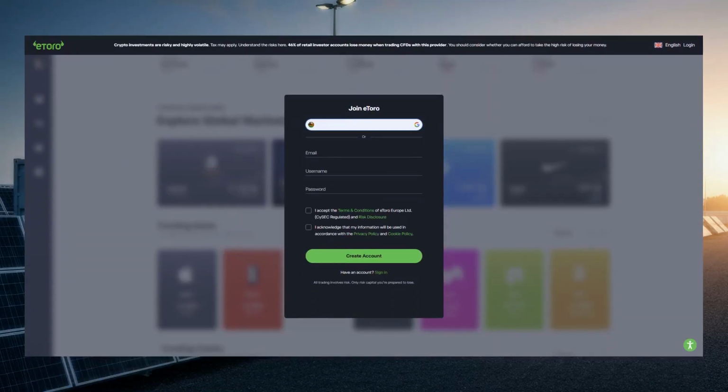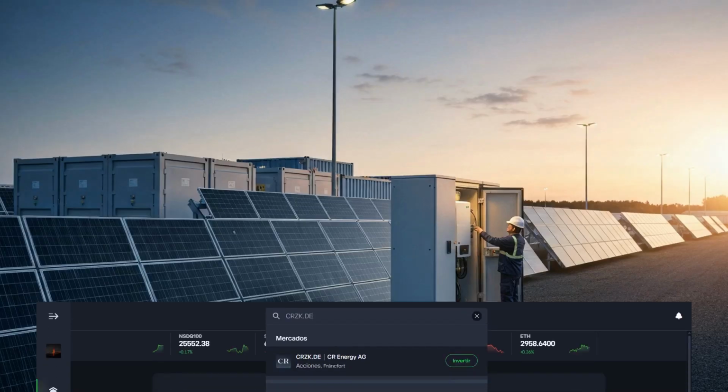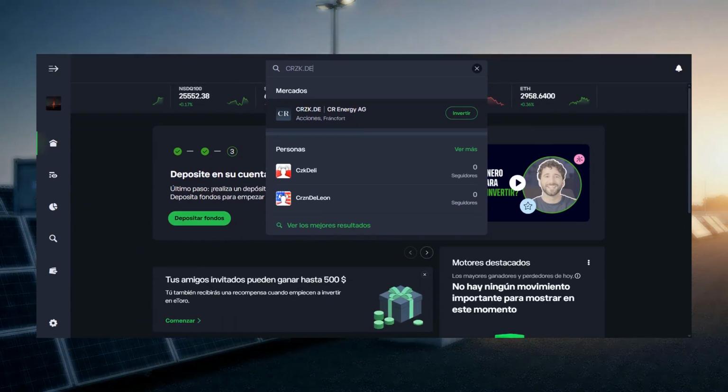To trade, you need a broker, and we'll use eToro as an example to demonstrate the steps. After signing up, you will need to verify your account with an ID and add funds before you can place an order. Use the platform search bar and enter the ticker